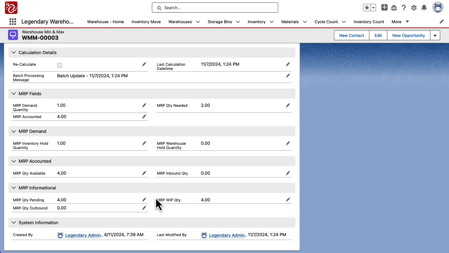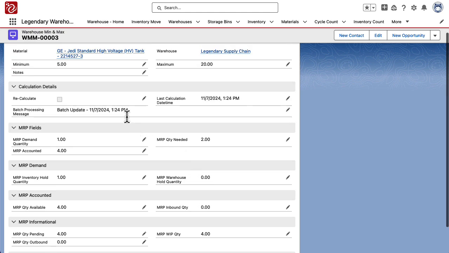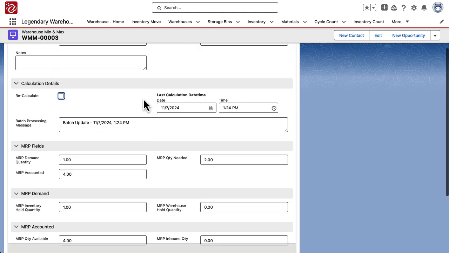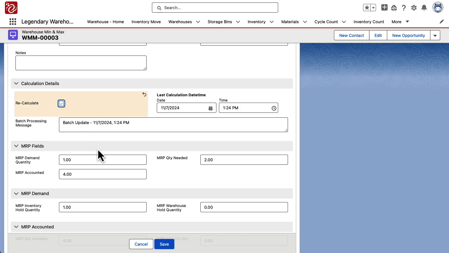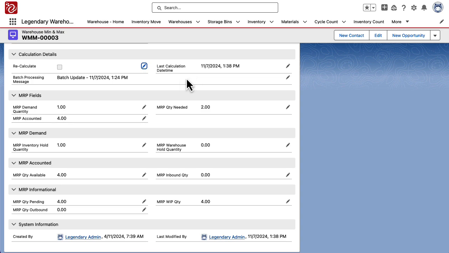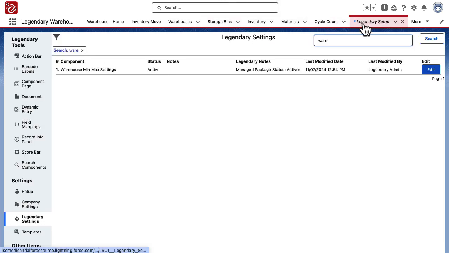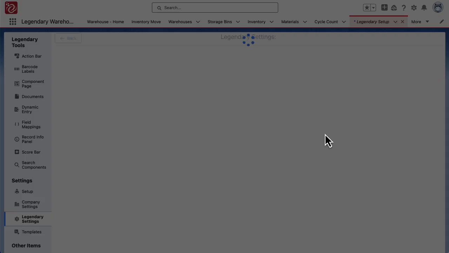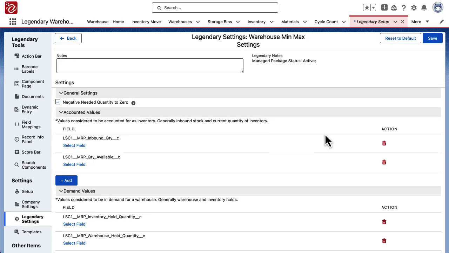In order to set your batch to run, what the batch is doing is it's running over and it's checking this recalculate button, which will then set your timestamp, and it will recalculate these calculations to make sure they're all up to date. You would go into legendary setup, so your tab of legendary setup, go to warehouse min-max settings, and you can click edit. From here, this is going to load our settings,